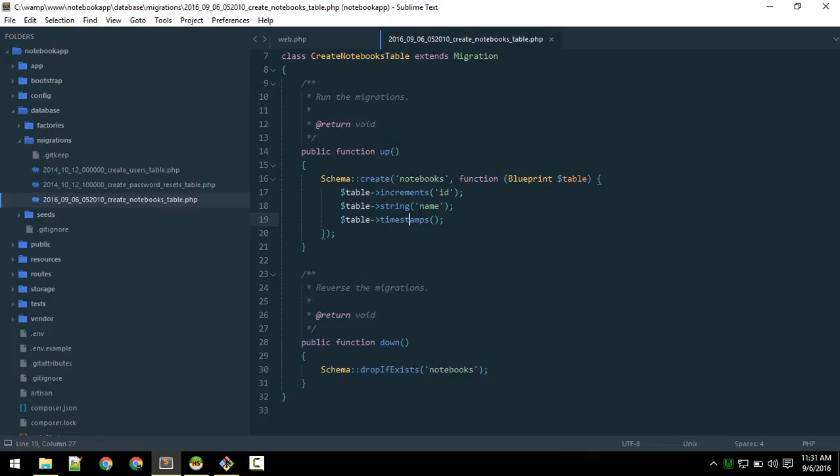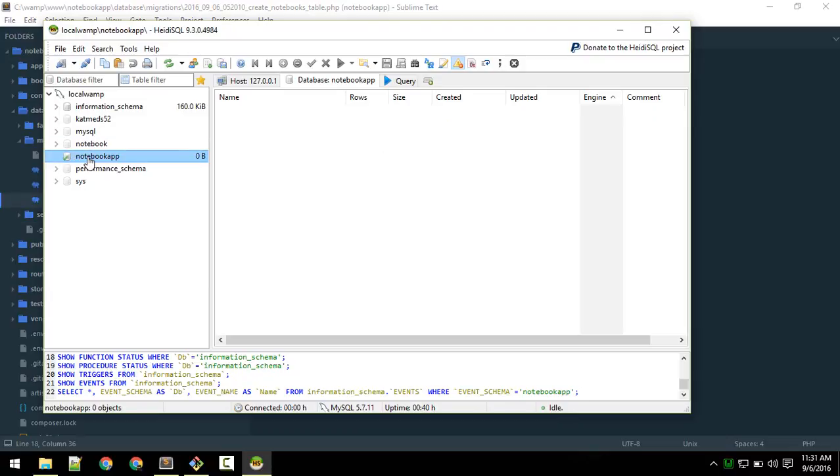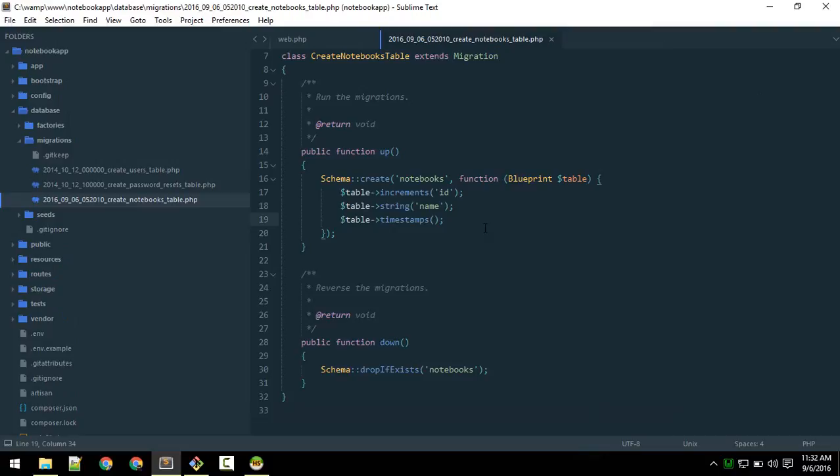Creating this notebooks migration will not create the table here. If you go to your connection, your database, this is what we have created just now. Here is nothing. So in order to create the table, you have to migrate this migration file